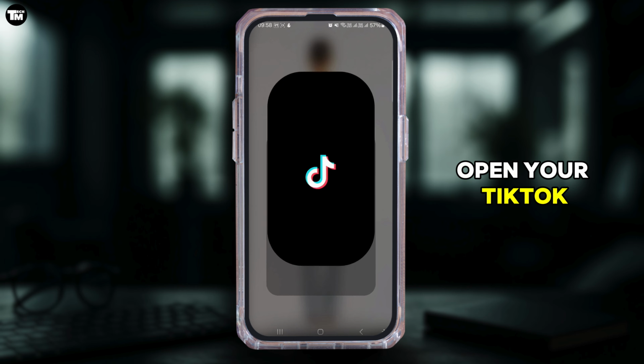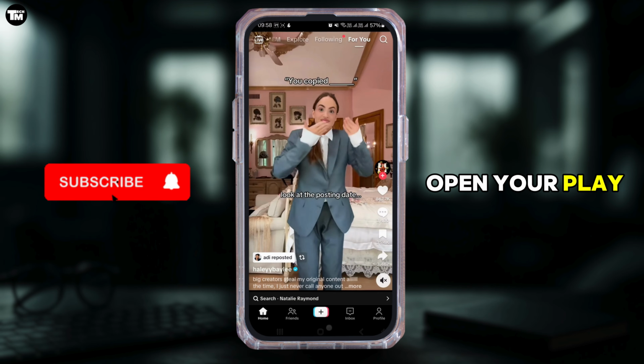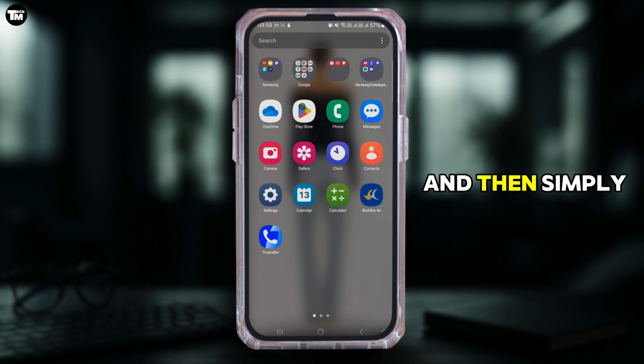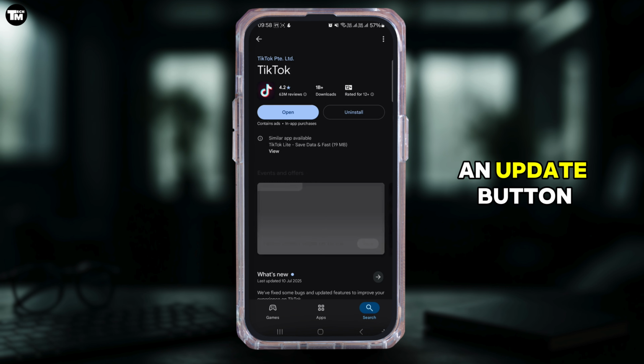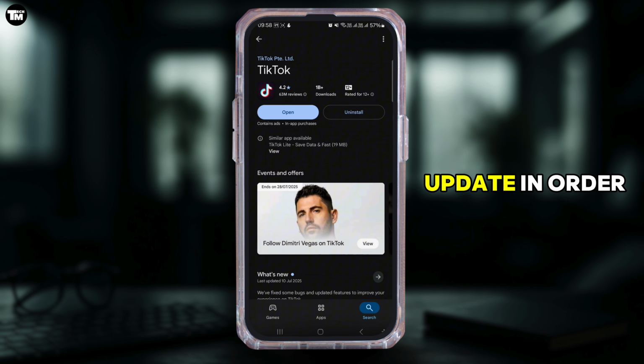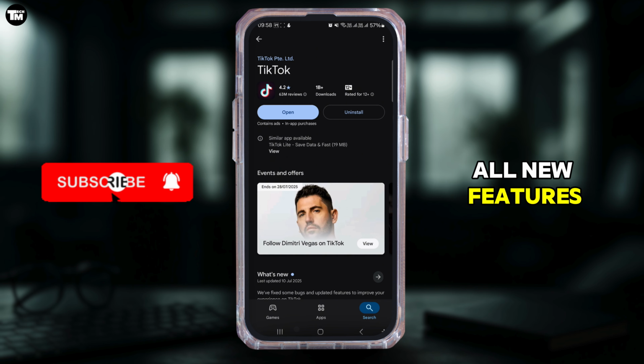Go ahead and open your Play Store or App Store and then simply search for the TikTok application. If you see an update button over there, simply tap on update in order to update it to its latest version. Once you have the latest version of the TikTok application, you will be able to access all new features, including